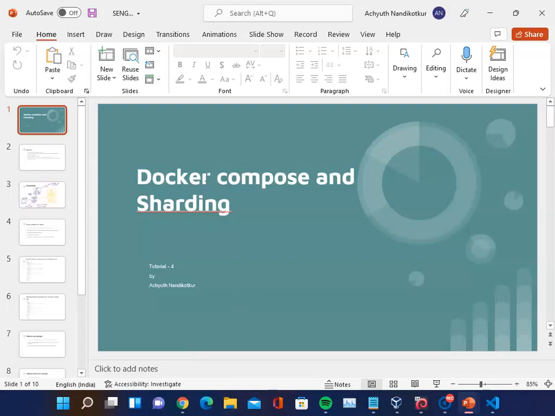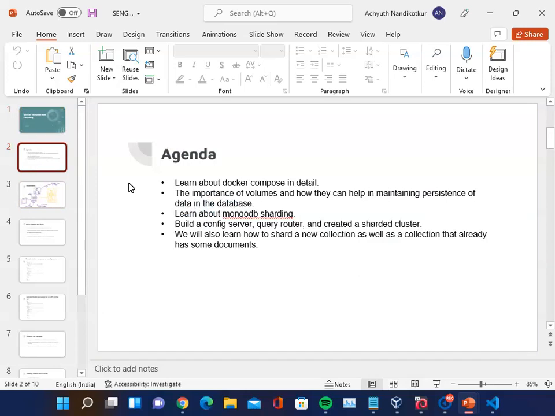In this session, we'll talk about Docker Compose and sharding. Before we go into sharding, we need to give a quick glimpse into how Docker Compose needs to be written first, so that I think you'll all see it can be used elsewhere too, not just in this scenario. And so the agenda is again to discuss Docker Compose in detail, and then we'll talk about the use of volumes in